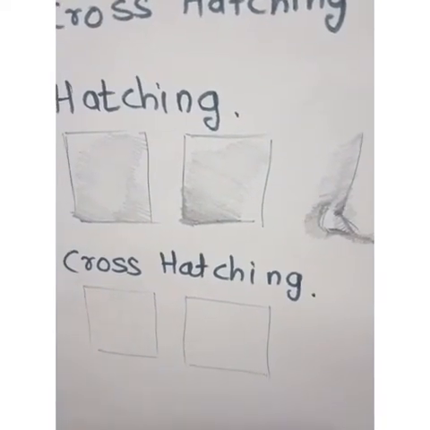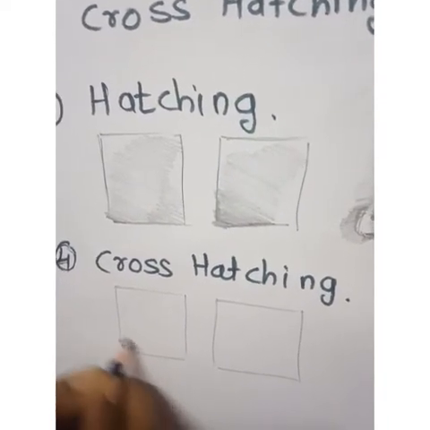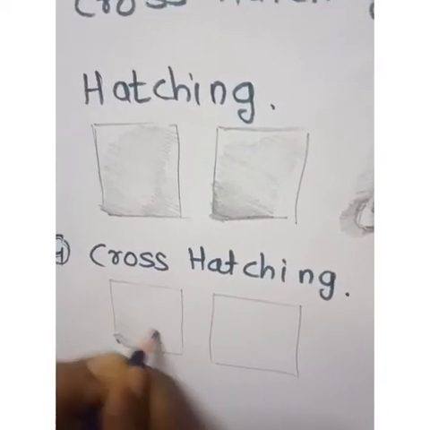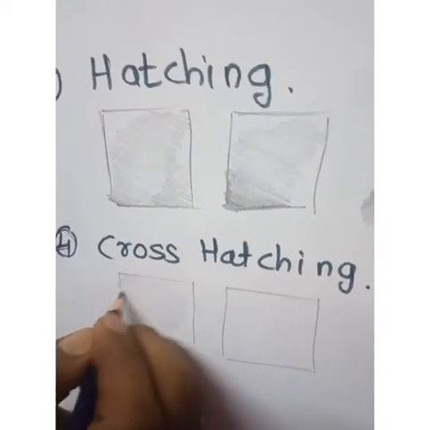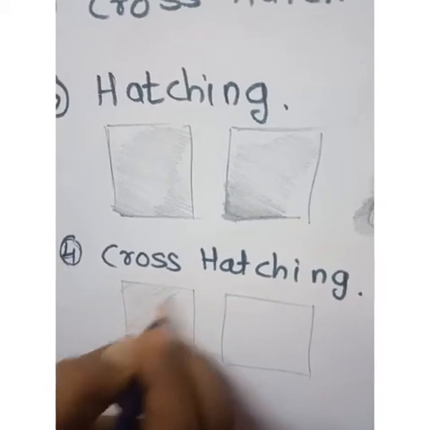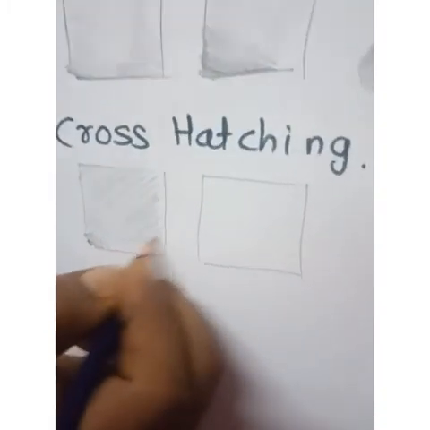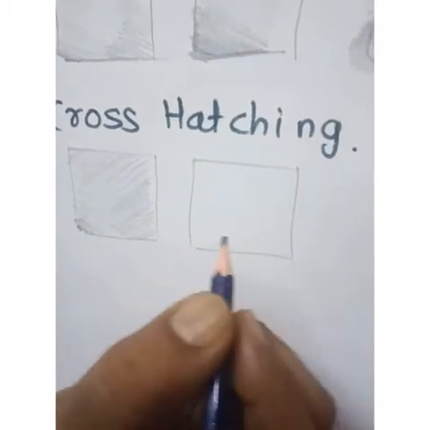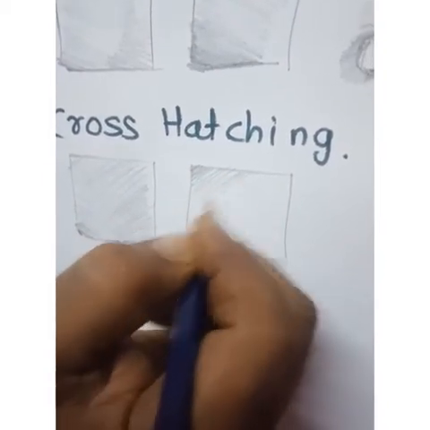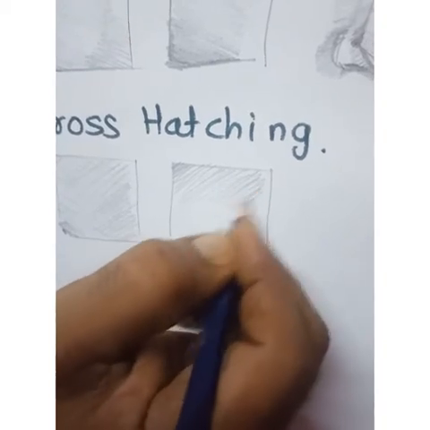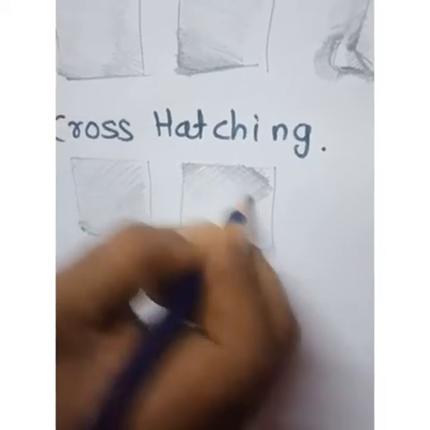Now in cross hatching, what you are going to do is that if I am making a slanting shading here, light one, the same way I am using the opposite side also, just cross side. This technique is also very important while shading landscape and all. The same way, a cross hatching we will do on this one.